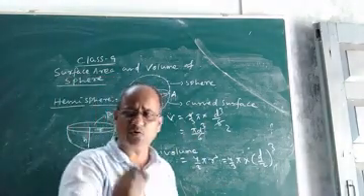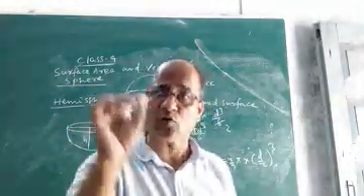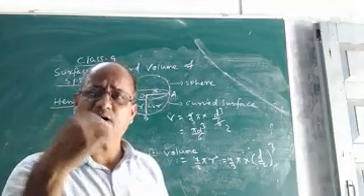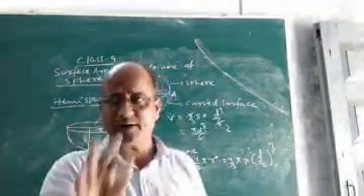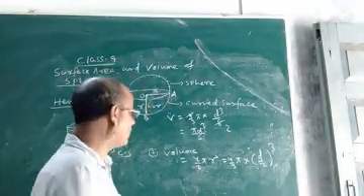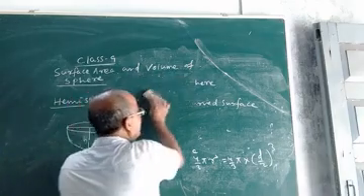So children, we came to know how to find the curved surface area or total surface area of a sphere, and how to find the volume of a sphere when its diameter and radius are given. Okay. Now let us discuss another three-dimensional solid known as a hemisphere.